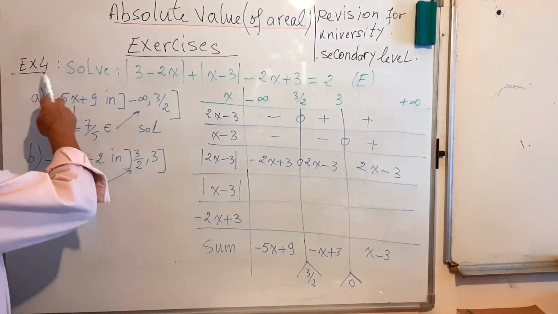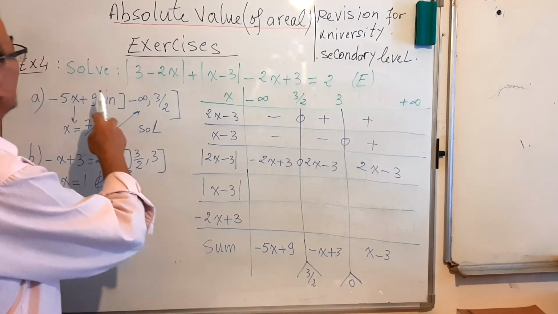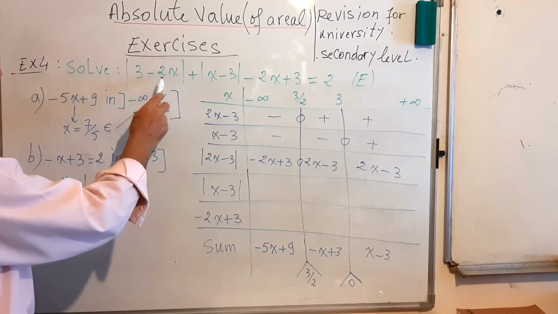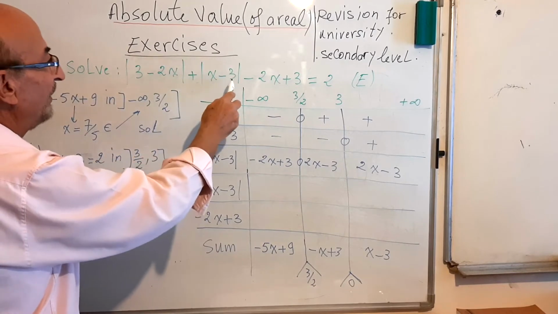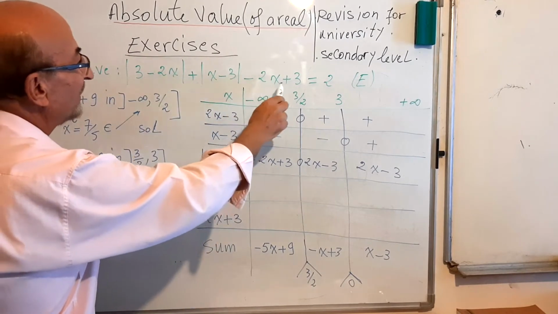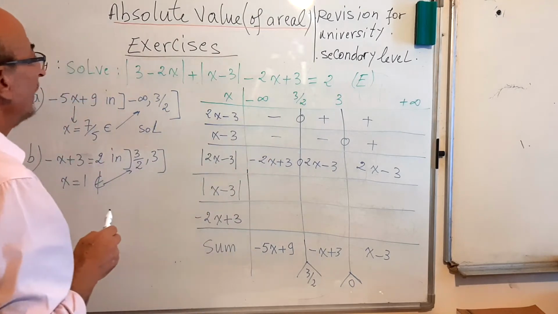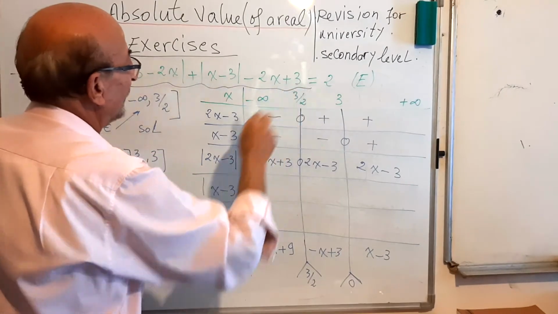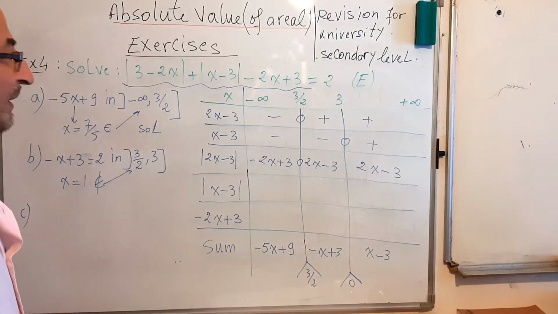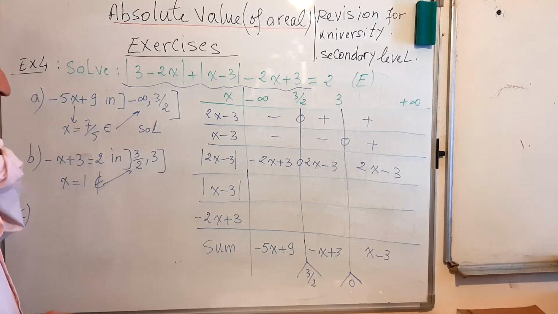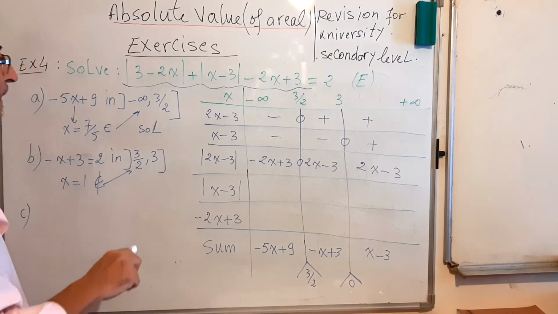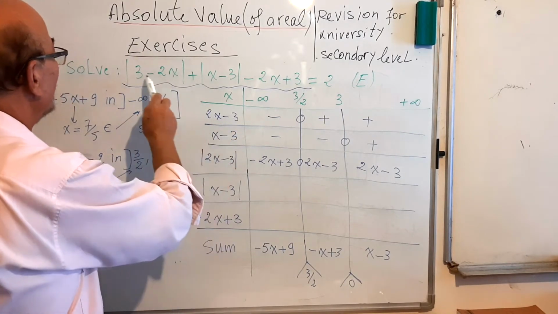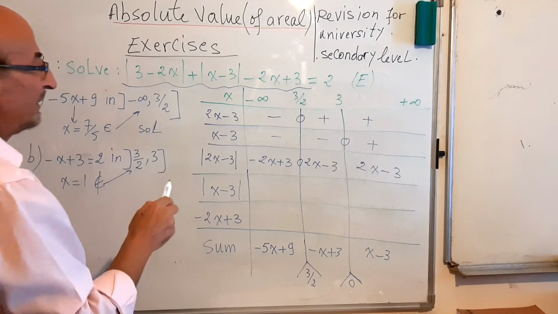For the next exercise, solve the equation: the absolute value of 2x minus 3 plus the absolute value of x minus 3 equals 2x plus 3. First, we have to write the expression without absolute value. For 2x minus 3, or for 3 minus 2x as absolute,